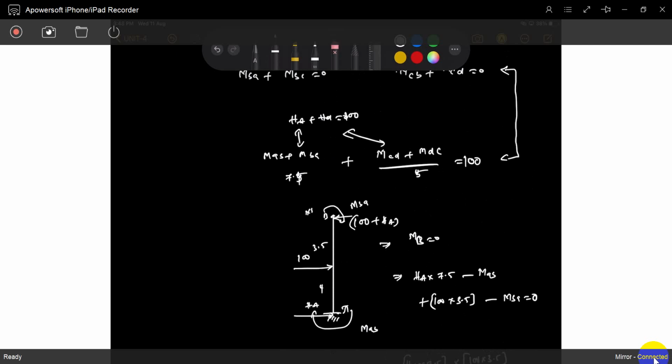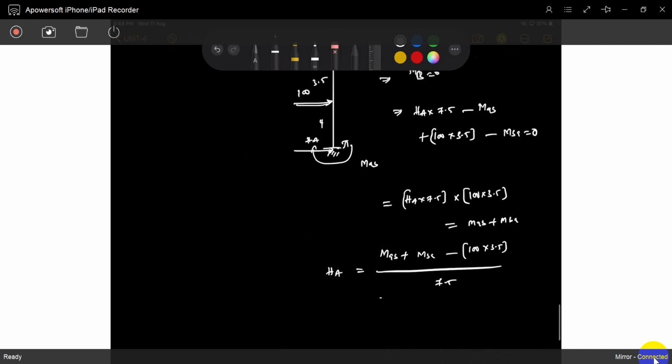I write like this because you can write like this every time. Directly, you don't remember the situation of the problem. You will directly take it like this, you will get stuck, and you will get wrong answers. It's not the exact formula for everything. So if there is no extra horizontal loading, you will get it like this. Otherwise you have to take the horizontal force into consideration. Then you will get HA like this.